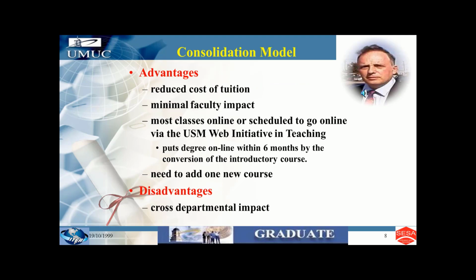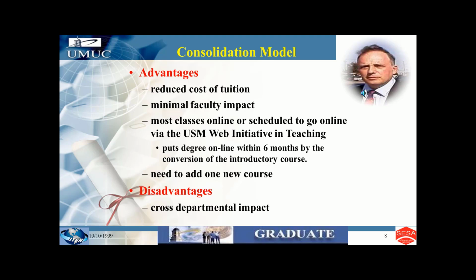First of all, the cost of tuition to the students would be reduced because the UMUC-only courses were cheaper than courses in the joint program for historical reasons. There would be minimum faculty impact. We're already teaching those classes, so we've got the faculty, and there's no need to find new faculty, at least